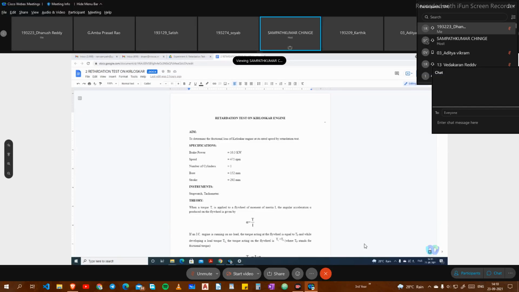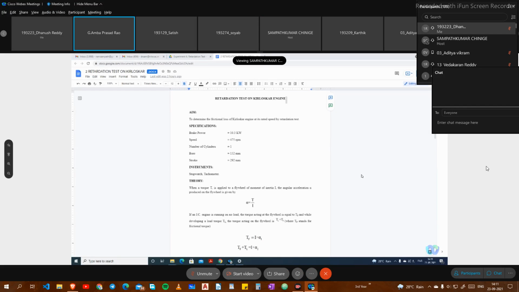Account for the friction power developed in the engine. Among these, we were talking about the approximate methods. The very first method was the Willans line method. It doesn't require any special setup when you conduct the performance test. You only need to draw the characteristic of fuel consumption versus brake power, and from that we get the approximate value of friction power, as long as the engine is running at constant speed. This is applicable for an unthrottled engine.